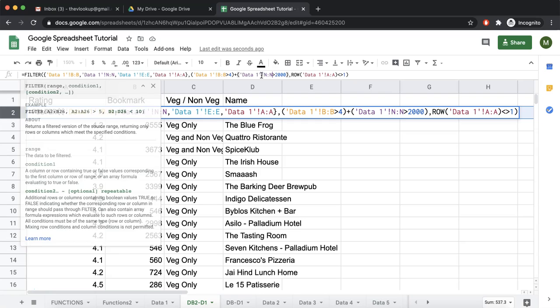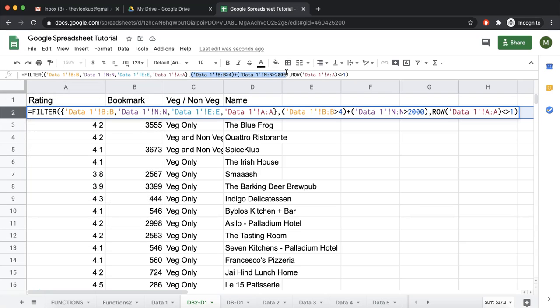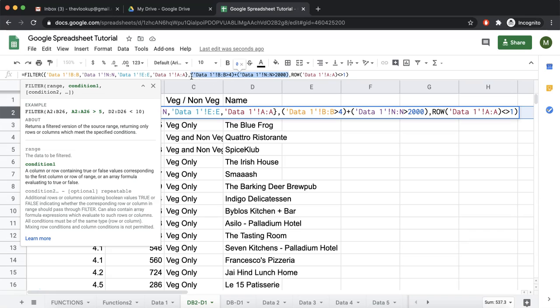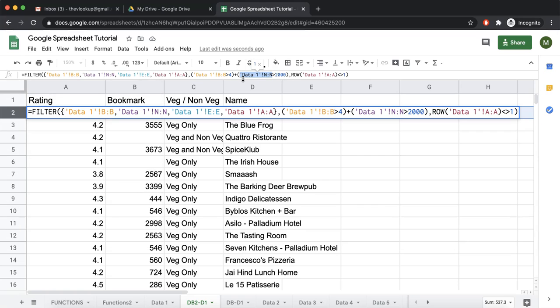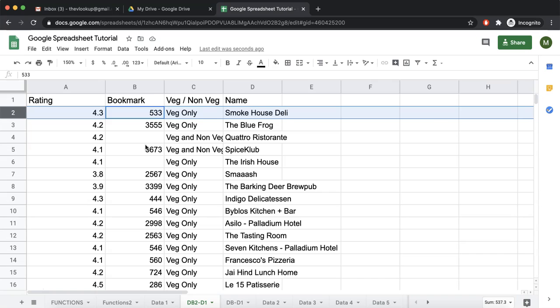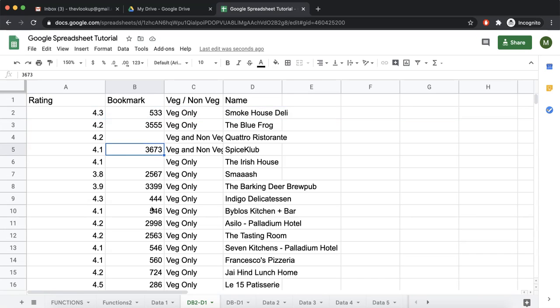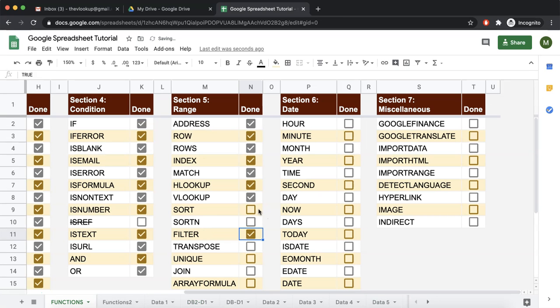Now you see, only this part is OR condition, because this is considered as 1. This plus this is one condition, and any of them satisfies, it is considered as 2. But again, after comma, it is another condition which must be satisfied. So all the conditions that are comma separated must be satisfied. One of the condition we have made at OR. So for this particular condition to be true, either this individual can be true or this individual can be true. So in this way you can use OR statement to get the filter. We will continue with the same data set and see how sort works on the filter in the next video.